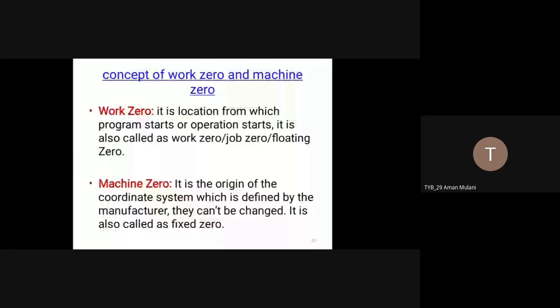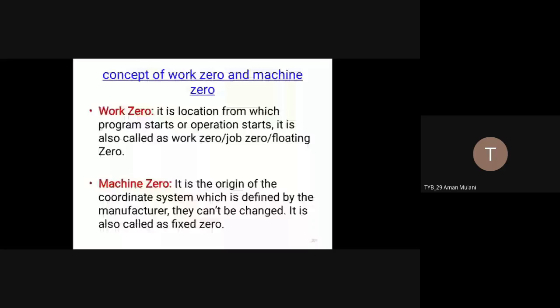Okay, so work zero means the point from where your actual program starts, near the workpiece point. And the point where you keep your spindle away from the workpiece, around 10 to 20 millimeters, we call the machine zero. Okay,